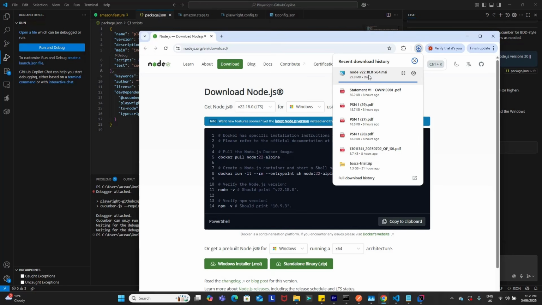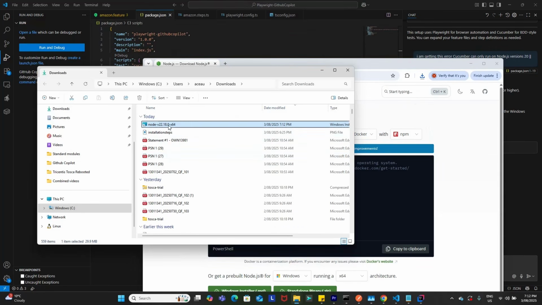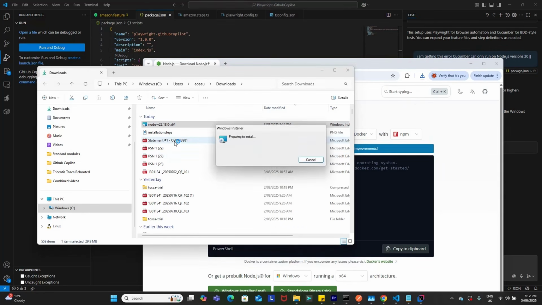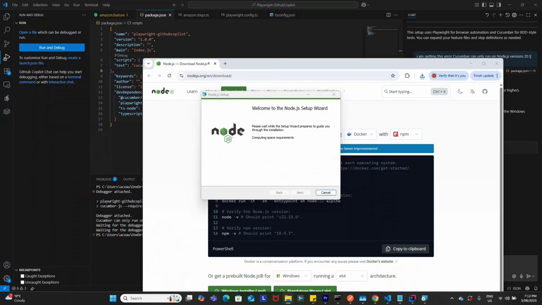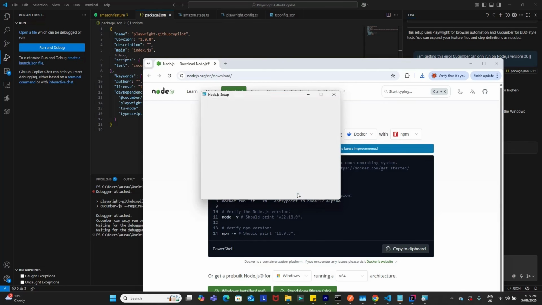Now I'll double click. All right, so I'll go into the folder and double click on this Node.js installer. It's preparing to install. My node was not up to date, so I'll go for an upgrade. I have accepted the terms and conditions. I'll click on next, and I'll click on install. Now installing